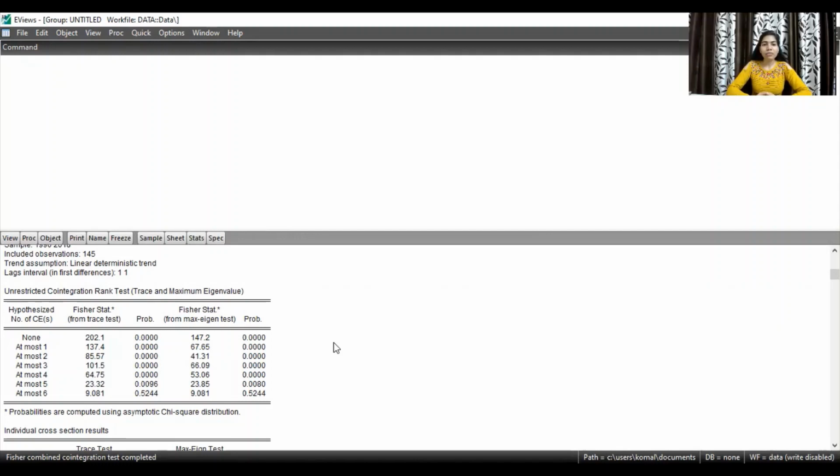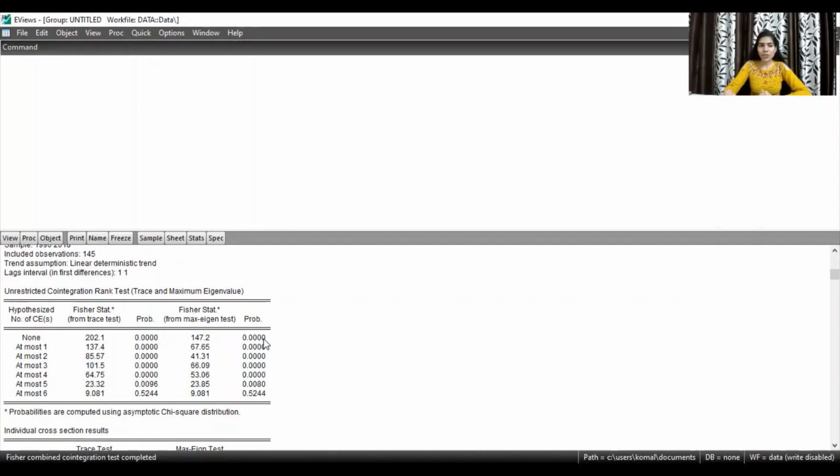Here we can see the hypothesized number of co-integrating equations. The first case is none, then at most one co-integrating equation, at most two, three, four, and so on. In the case of none, the probability value is less than 0.05, so we reject the null hypothesis and conclude that the variables have a long-run association.